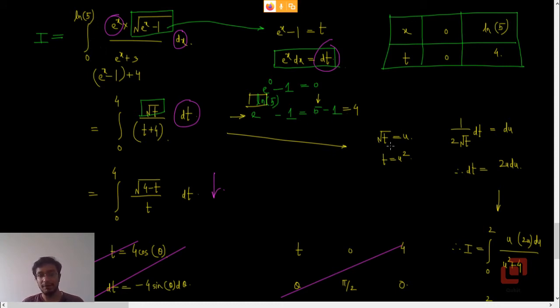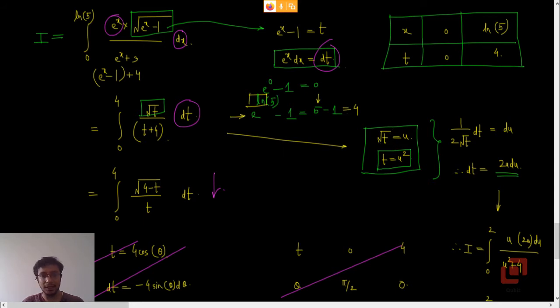Now what I have done is I have substituted root of t as u, so t will be u squared here. If root of t is u, or t is equal to u squared, the differential will now be taken care of by the appropriate term in u. Either you can get it by differentiating both sides of this equation with respect to u, so dt will be 2u du, and this is much better now because this does not require us to again get t in terms of u.